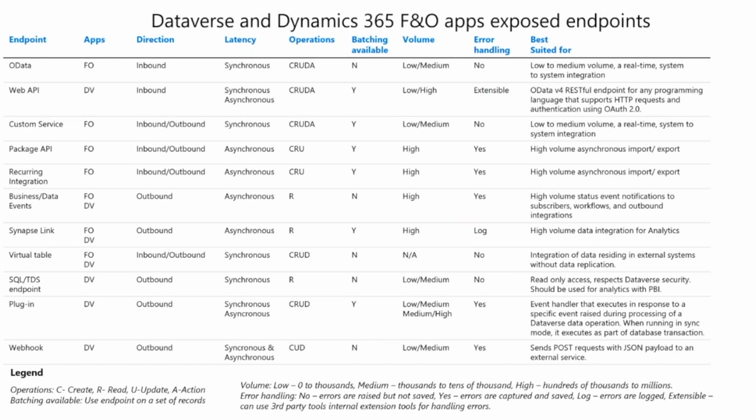All of these endpoints will return errors. What we refer to as error handling is if there is logging or embedded errors captured that can be monitored. And finally, the last column, the scenarios at a very, very high level for which that endpoint is best suited. We will review the common apps features such as OData, export to data lake, events, virtual entities in the